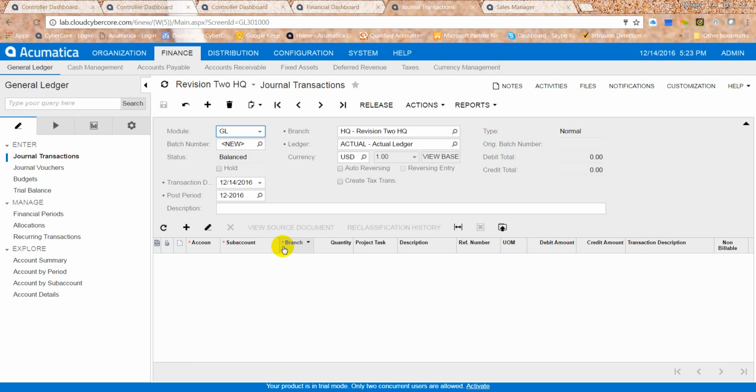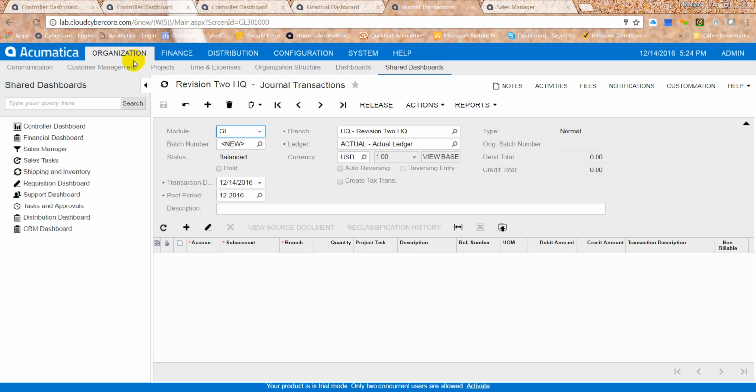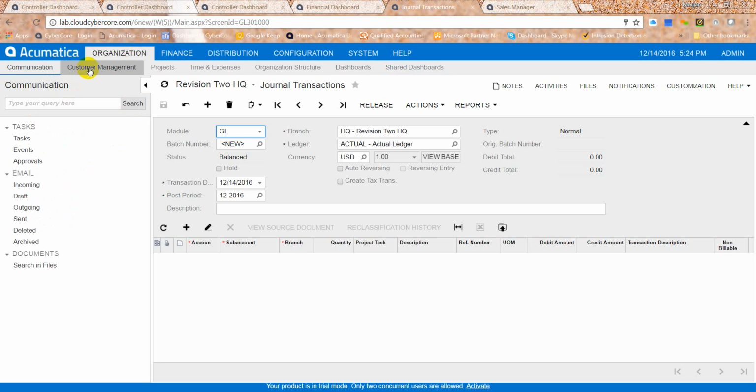There's also built-in Authorize.net integration, charging credit cards directly out of the system. And of course, the core system also has email, tasks, approvals built in,